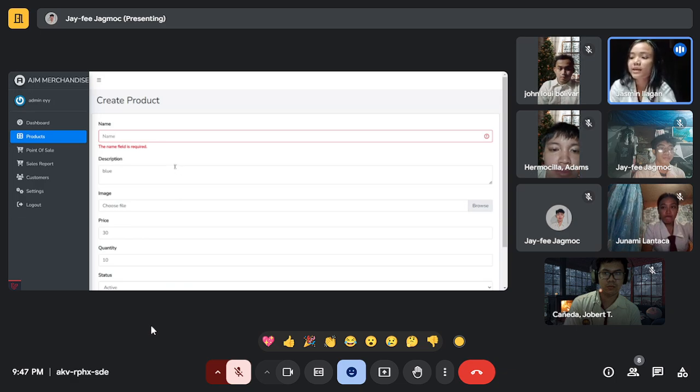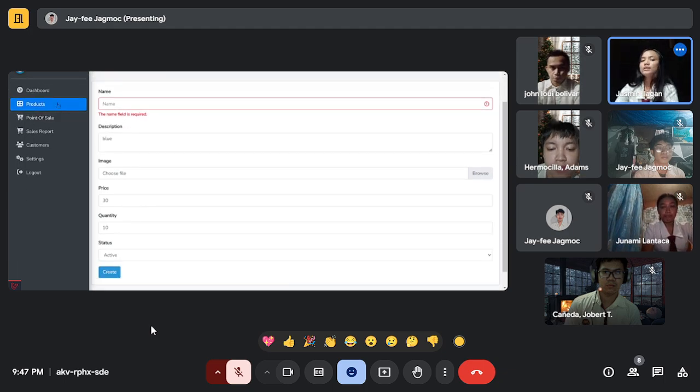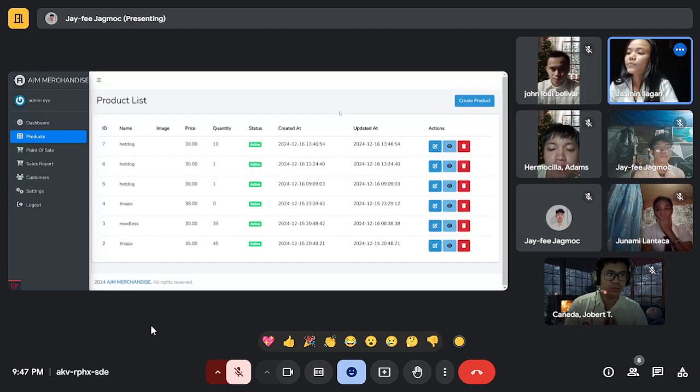It will indicate an error, for example, the name field is empty. So the actual outcome for the create or add product functionality is successful, or pass. The product was successfully added and listed.